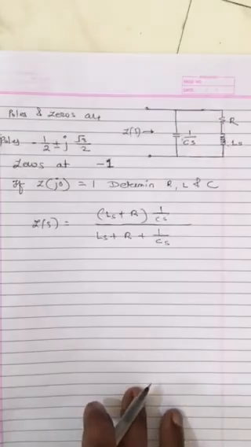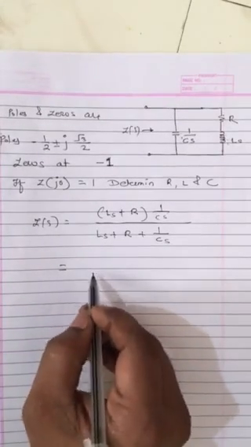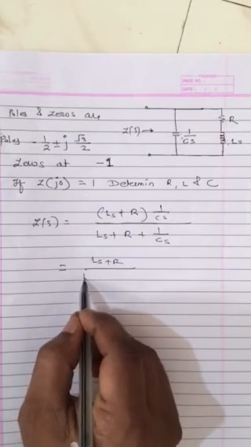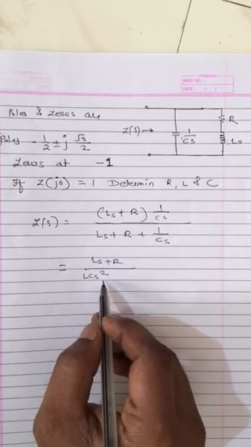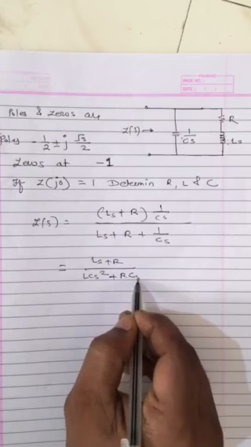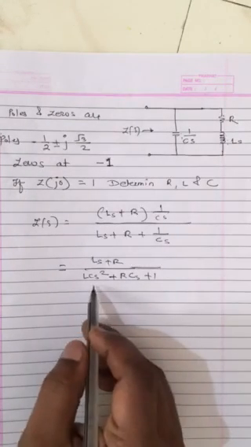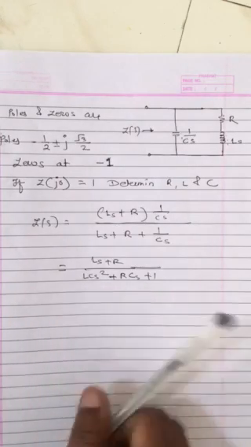If you multiply, you get Ls plus R upon LCS square. We have to rearrange in the standard form, so LCS square plus RCS plus 1. Again this is not in the required form. For that, what do we have to do? We have to make the coefficient